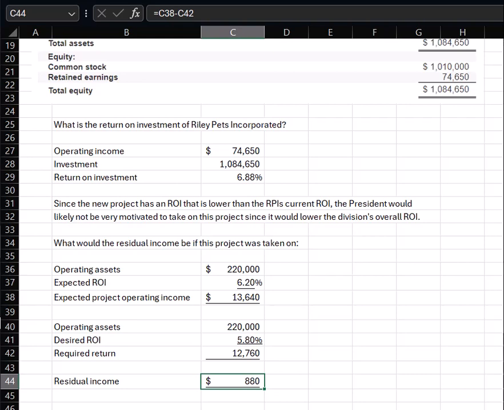Again, with whole dollars, I'd be inclined to say that's close to break even. Are we really going to chase this down for less than $1,000? It would increase the wealth of the corporation, but maybe there's a lot of risk involved in taking on this kind of project just to make $880. However, if we think all of these numbers are in thousands of dollars, then that 880 becomes $880,000. Now it becomes more meaningful. So that's just a brief walkthrough of how we work with residual income.